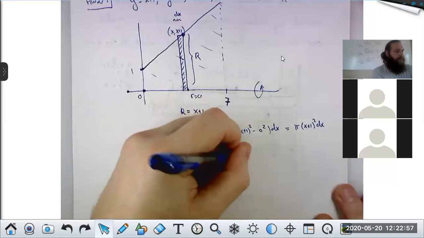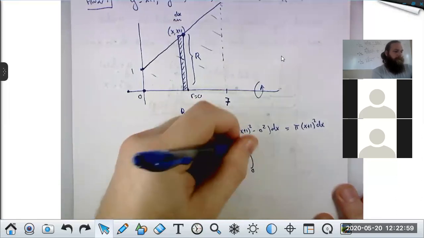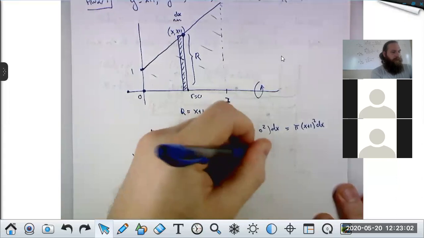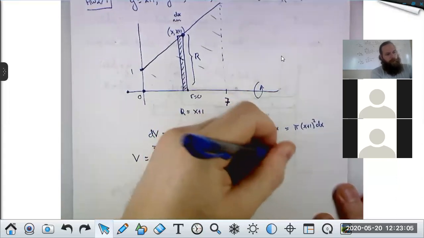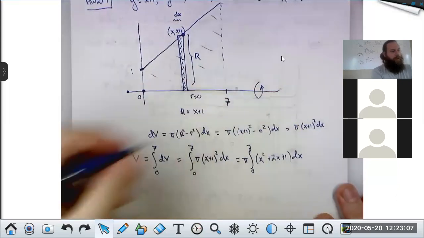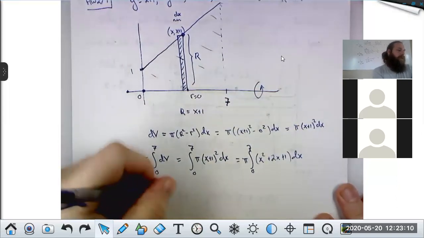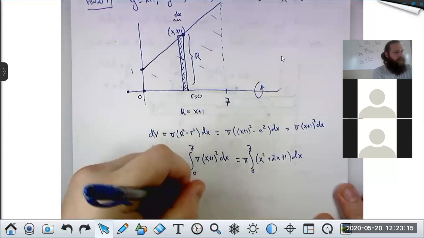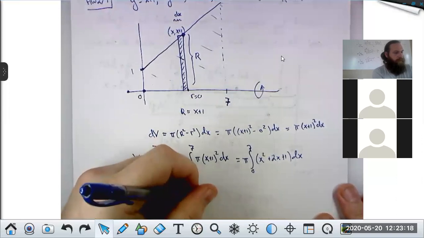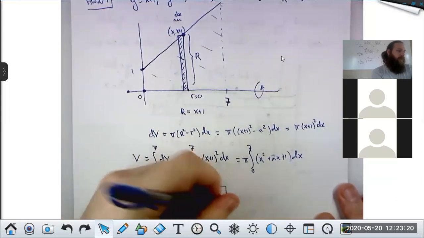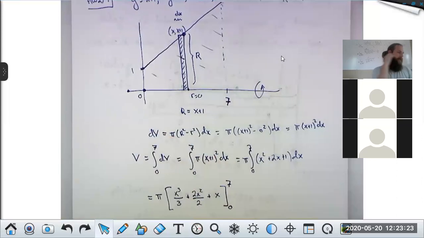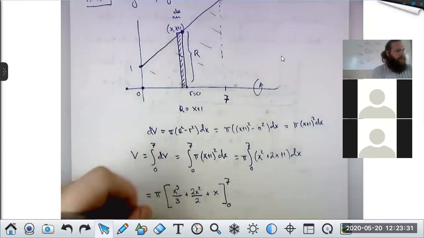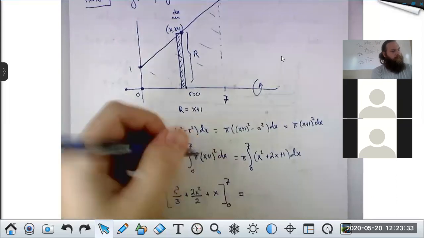From here, things are fairly straightforward. You pop out the pi, you integrate 0 to 7 the square of this, which is x squared plus 2x plus 1. And so that's going to be pi times x cubed over 3 plus 2x squared over 2 plus x evaluated from 0 to 7. And then the last few steps here aren't particularly entertaining. The 2's, I suppose, can cancel. When you plug in 0, you're going to get 0 everywhere. So this will be pi